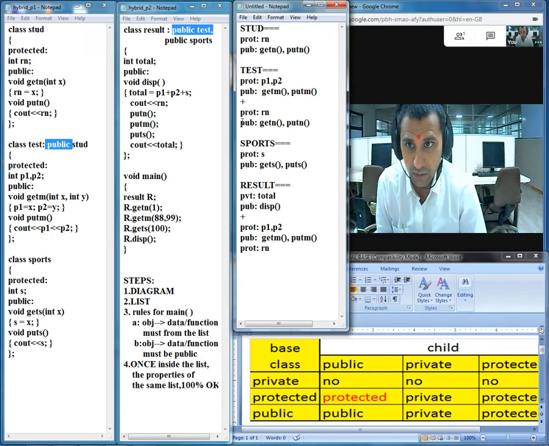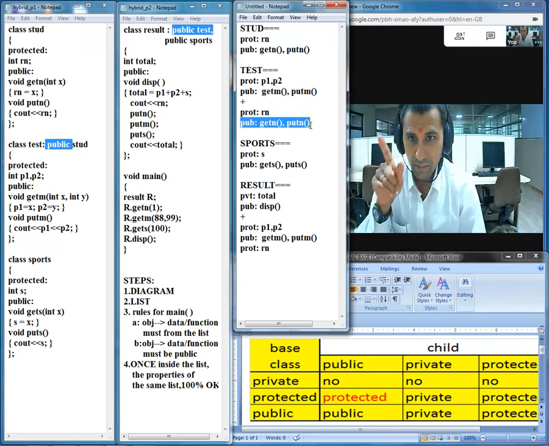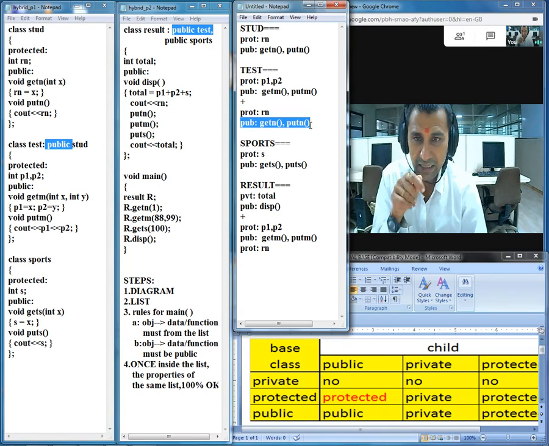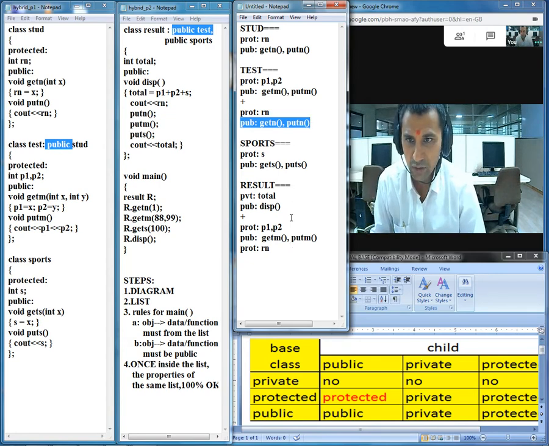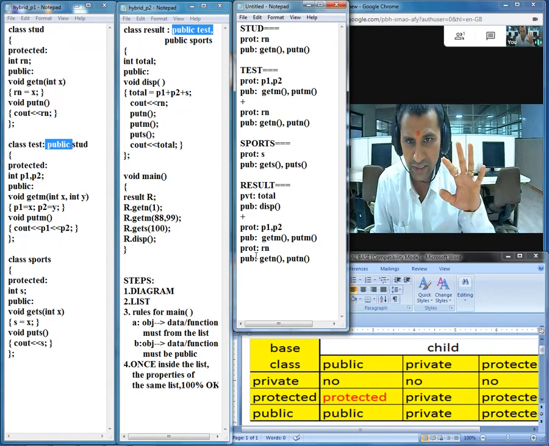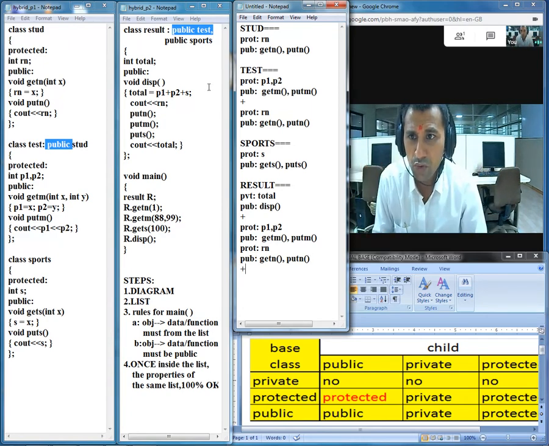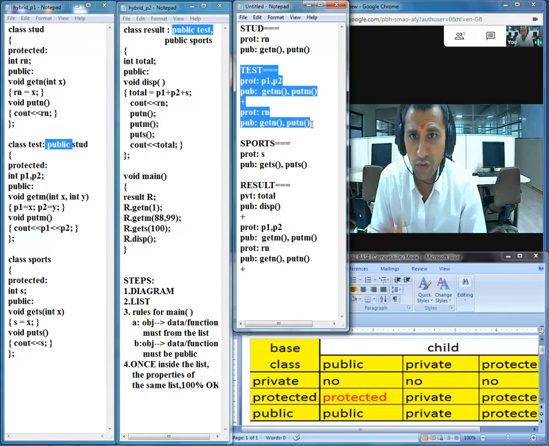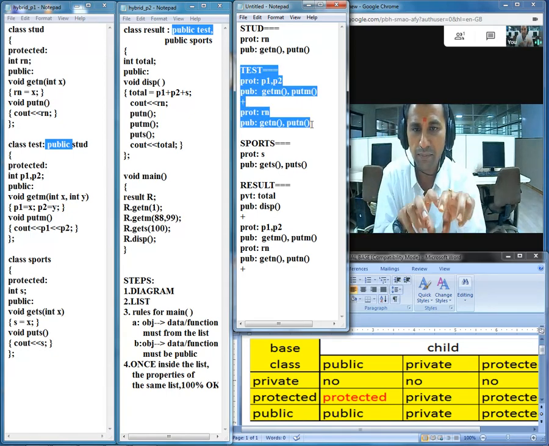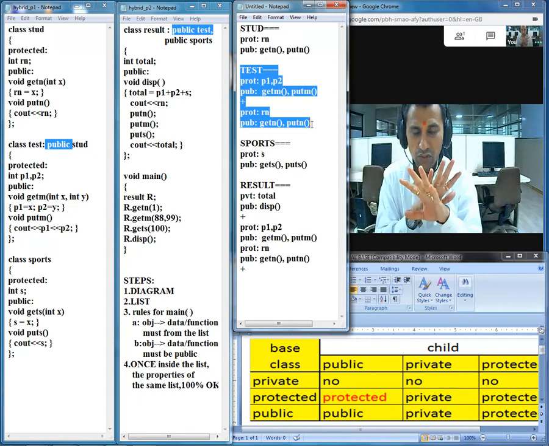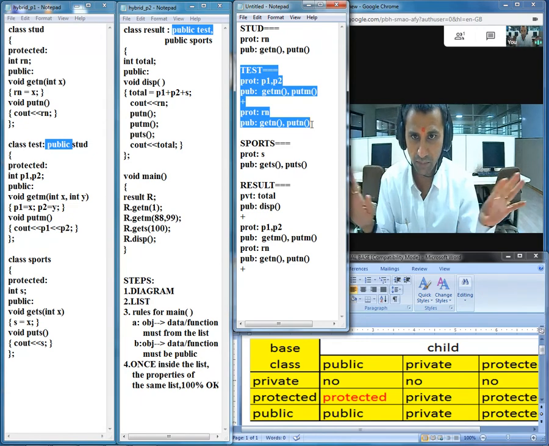Now base class public and child class public. No wonder everything is getting into the public section itself. So in short, we derived all the properties of class test and put them inside the class result. That job is totally completed.